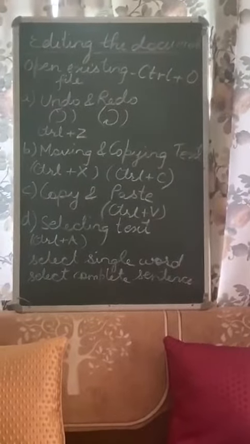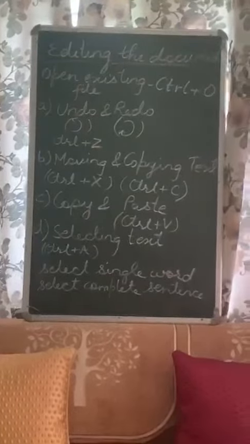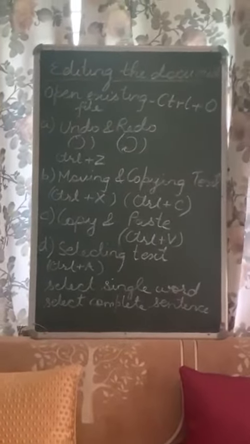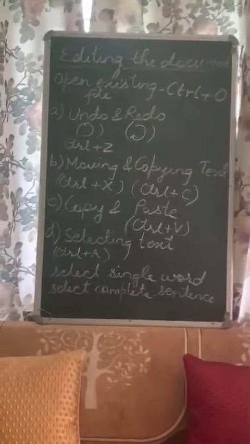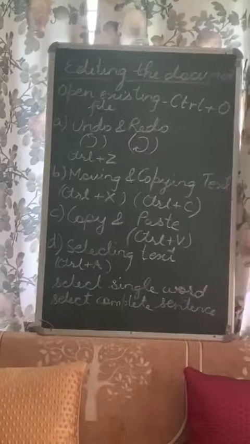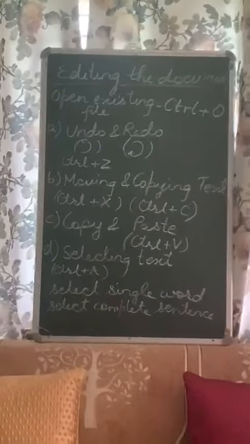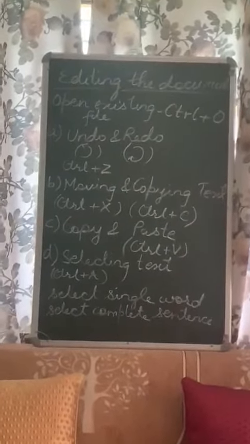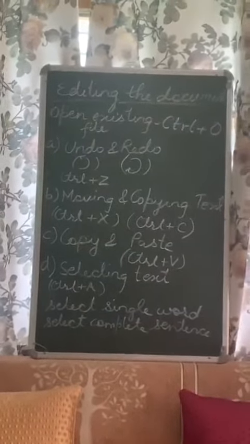Complete sentence also the same thing, you take your mouse cursor before the sentence and then swipe over it or use the shift key. Then if you want to select the complete document, then you have Ctrl+A as your shortcut key. Children, you need to learn these shortcut keys, and you should always make a column in your notebook by the end of the chapter, the various shortcut keys which are asked in the exams.